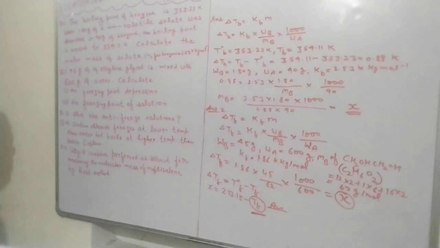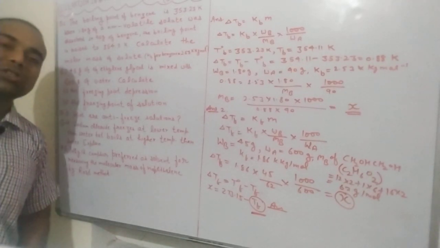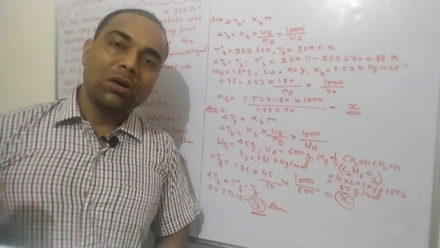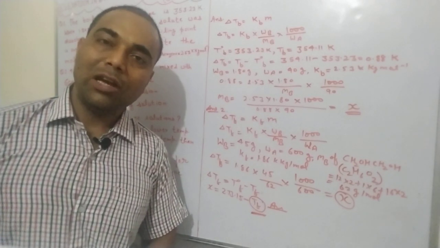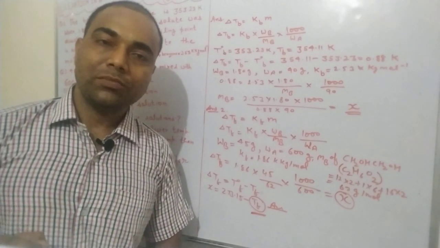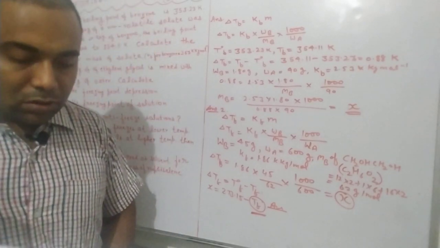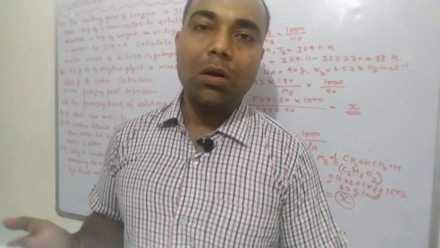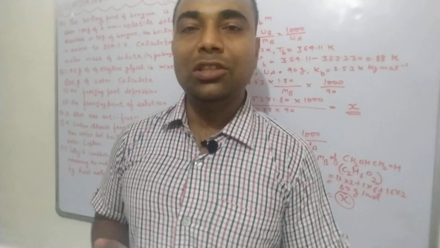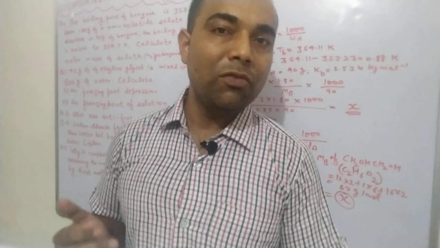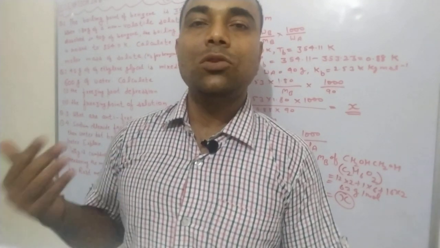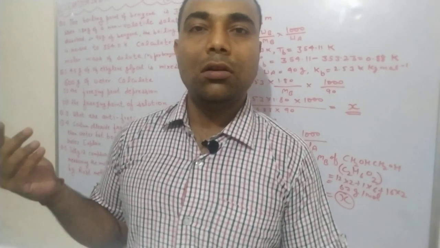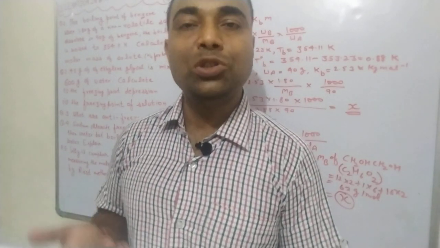So now we move to the third question, that is, what are antifreeze solutions. This question can be asked in such a manner: why is ethylene glycol added to water in car radiators while we are driving through hilly areas? What is the answer of this question? We know water is used in a car radiator, but the freezing point of water is 0 degree Celsius or 273.15 Kelvin. While we are driving through hilly areas, water will freeze because the temperature near hilly areas is below 0 degree Celsius.